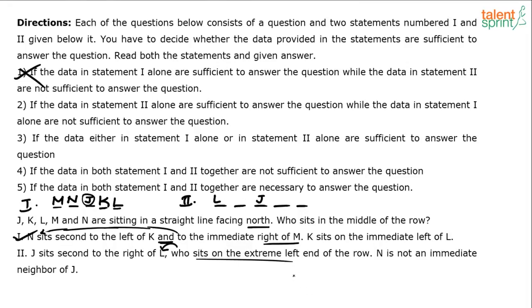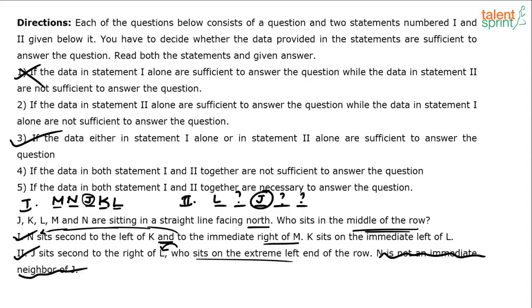Here ends the solution. I don't have to even read the last part of the statement. Why? The question says who sits in the middle of the row. I have already found who sits in the middle of the row. I am not worried about the remaining 3 positions. I wanted who sits in the middle of the row. I have got it from the first part of the second statement, which means second statement also is capable enough of giving the answer, which means either 1 or 2 alone can give me the answer, which means option 3